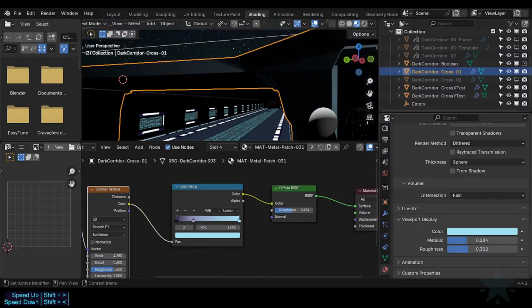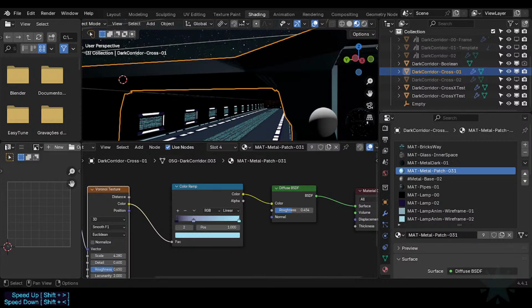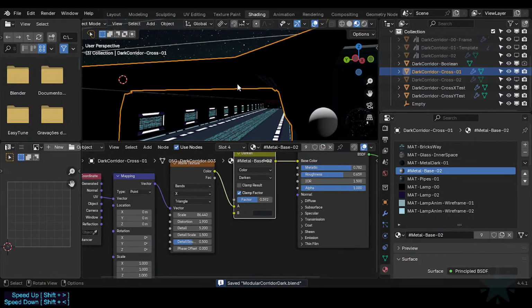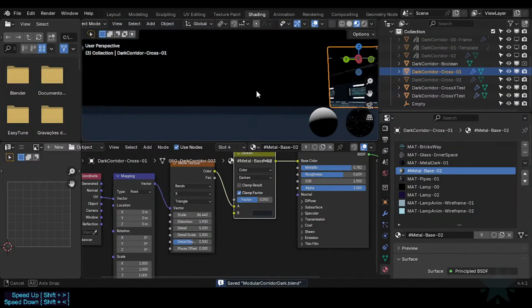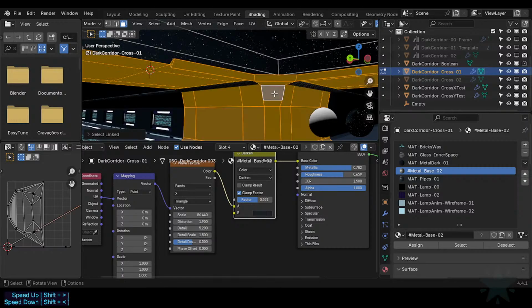We could instead, maybe because I'm reusing this material, maybe it will be a mistake. I'm gonna delete it because it doesn't seem to be working. Instead, let's get